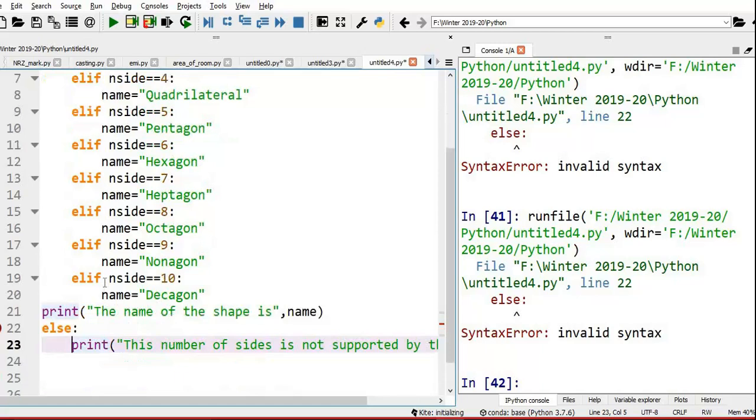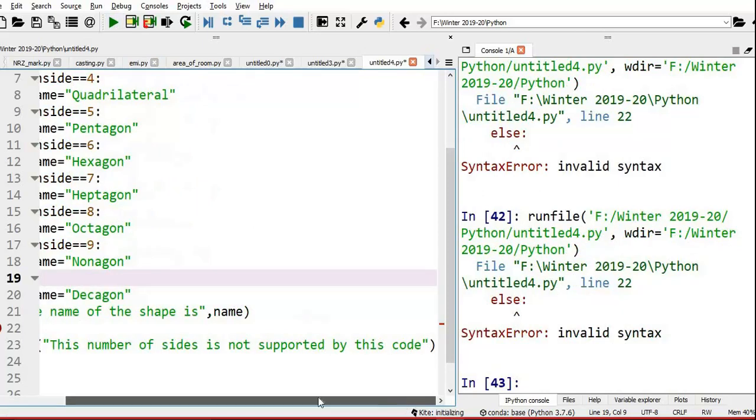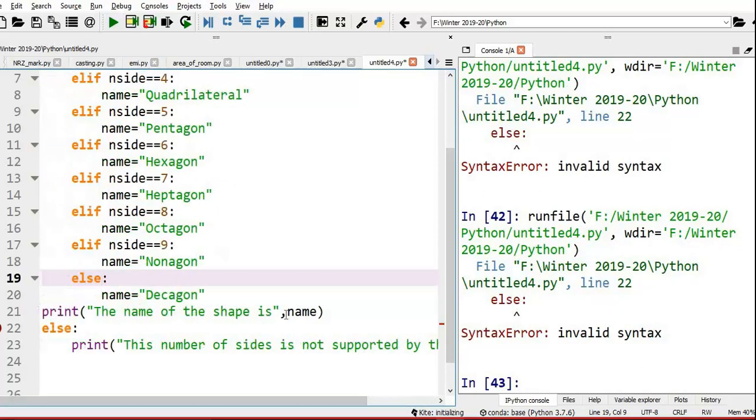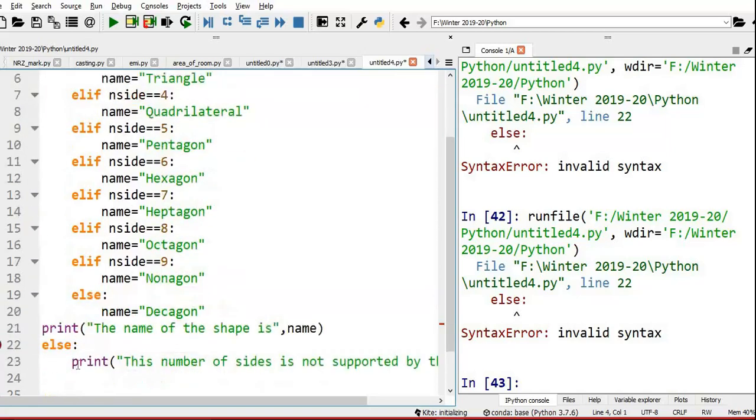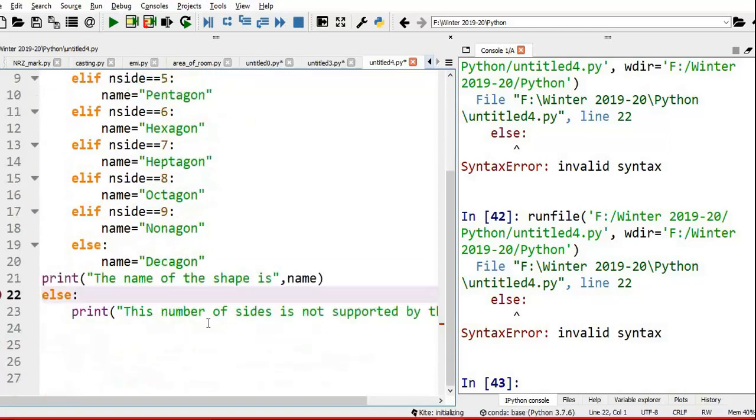Line number 22. Else. No, for this if we need else, right? Okay. Let me try the code.